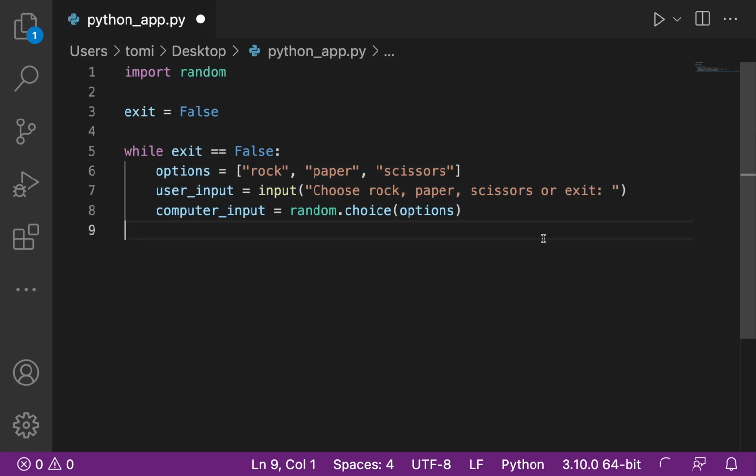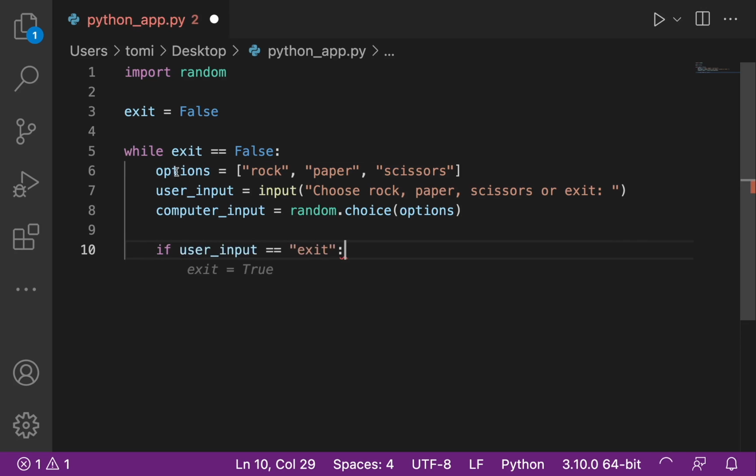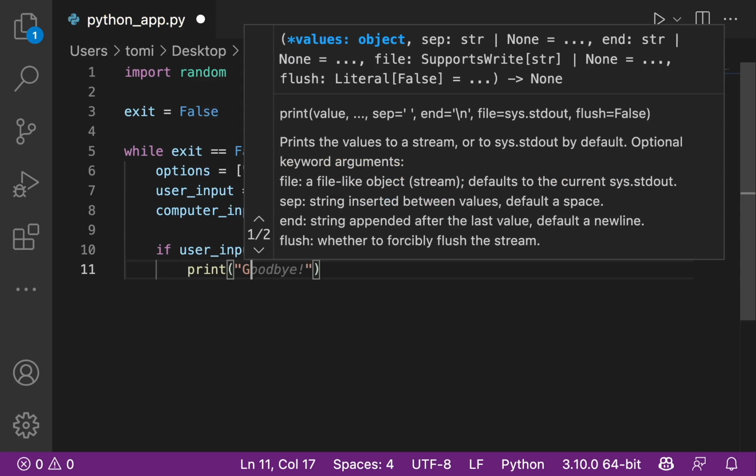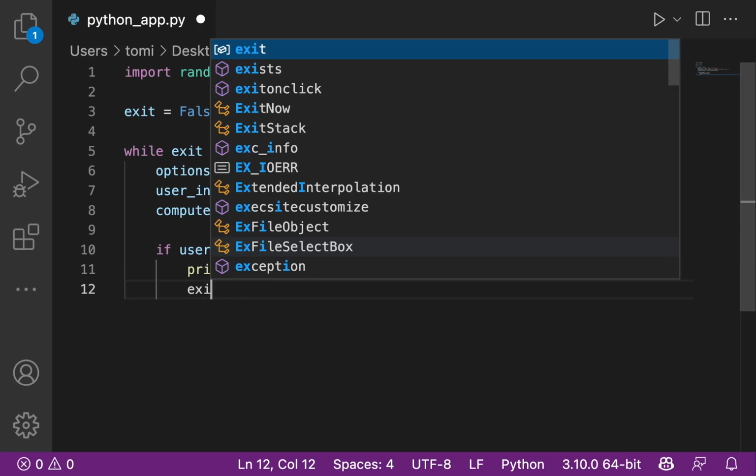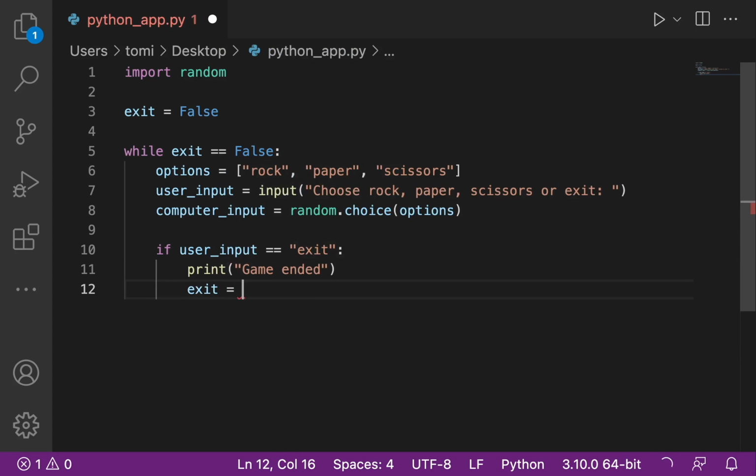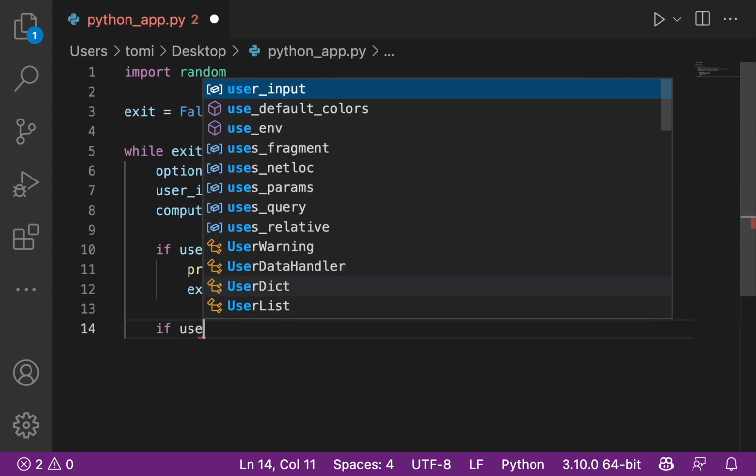So while exit is equal to false, we're going to say if user input is equal to exit, then we're going to print game ended, and then we're going to set exit equal to true. So now that exit is set to true, if the user inputs exit, this whole program is just going to stop. But if the user doesn't input exit,